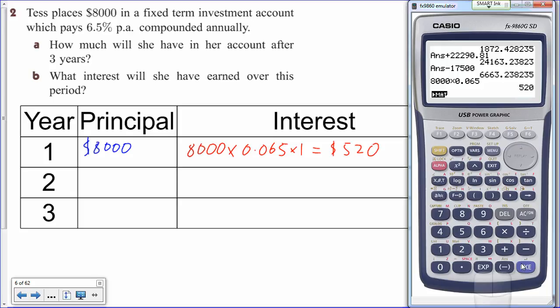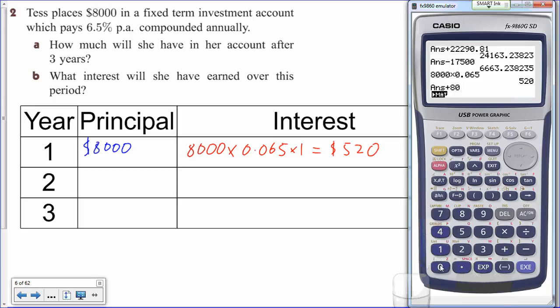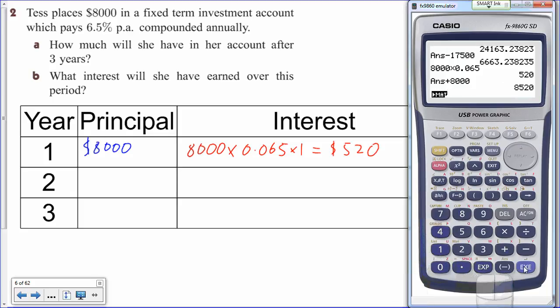So we're going to add that to the original $8,000. And of course, I'm going to write that behind the calculator. I'll fill that in later. So 8520. And now, in the second year, I'm going to start with 8520,